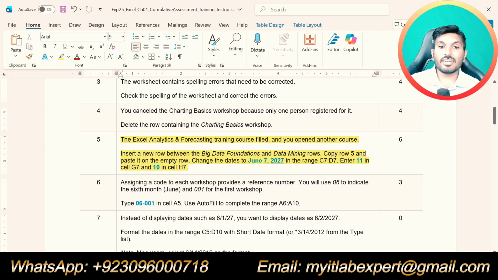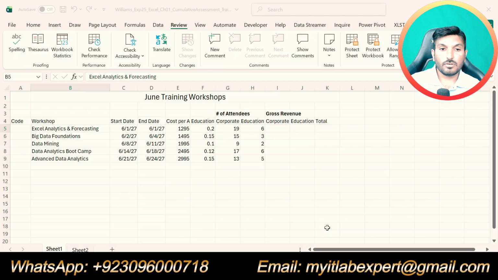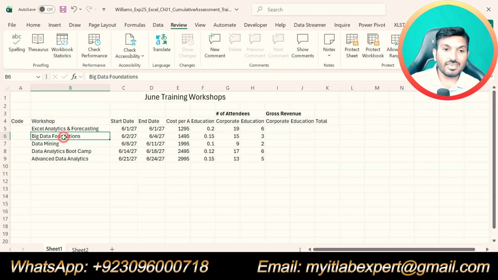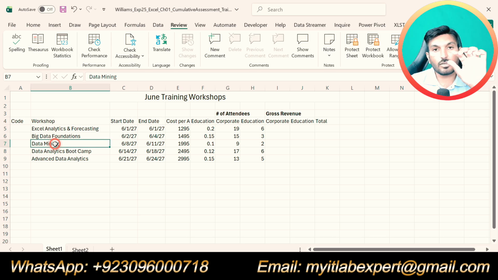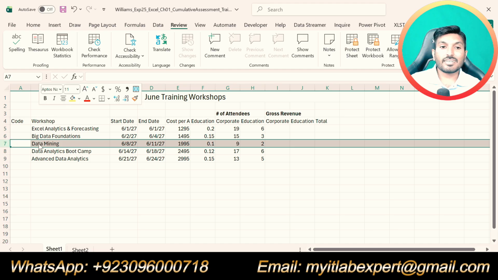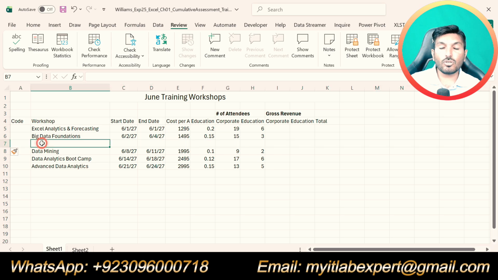Insert a new row between the Big Data Foundation and the data mining rows. Big Data Foundation is here, data mining is here, and we are supposed to insert a row between these two. Select row 7, right click on it and click insert. Now we have a new row between the Big Data Foundation and the data mining rows.